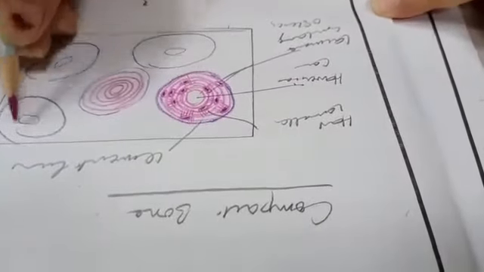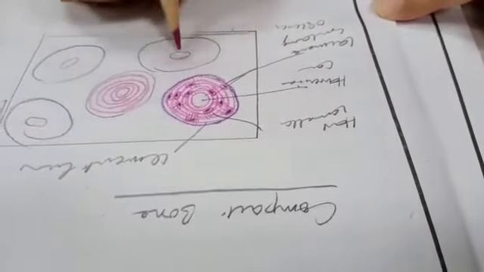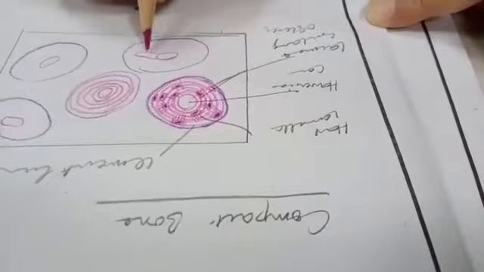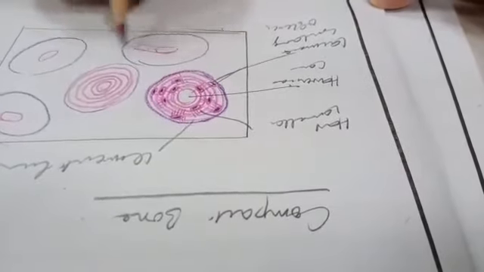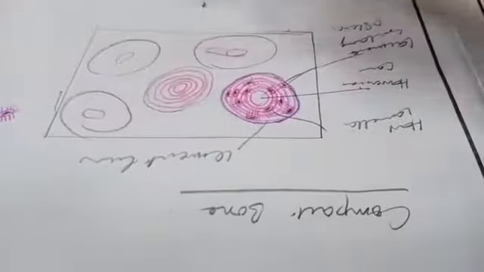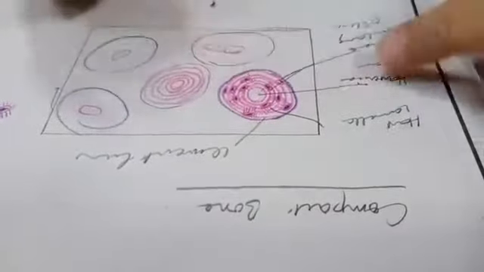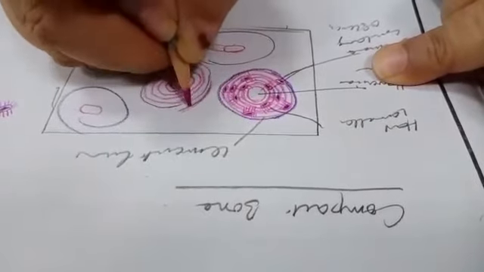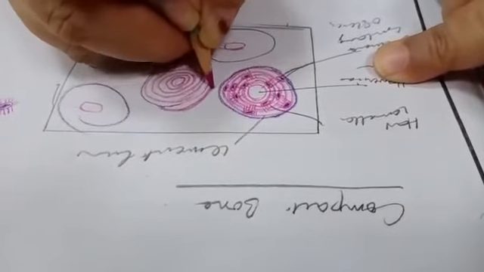Now where these two Haversian canals communicate with each other, sometimes it's extended like this. This cavity is extended like this also at places. You can draw it like this also. Now between these Haversian systems or osteons, there are lamellae which are irregular. It is starting from here, finishing here.